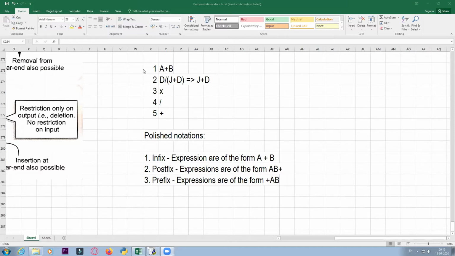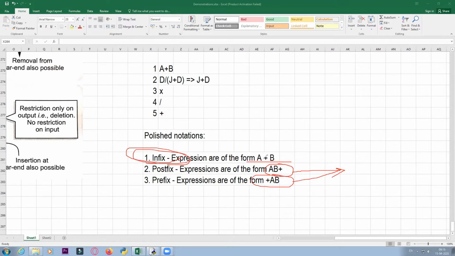Okay, so now we are going to convert infix expressions into postfix and prefix. So why do we have to convert infix into postfix and prefix? That is because the computer finds it easier, and even programmers find it easier to create a program which will be able to execute or evaluate expressions which are of either postfix or prefix form rather than infix form. So infix expressions are difficult to evaluate even when you as a programmer start coding the program for it.